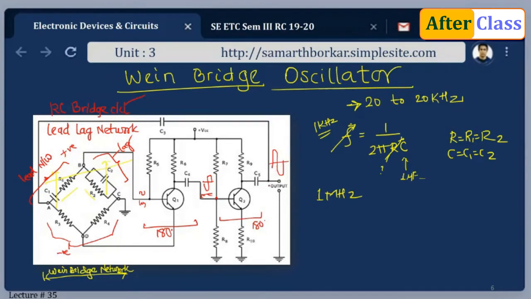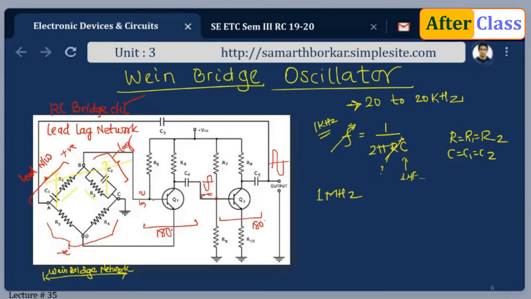So if this output frequency starts to increase, then it will be pulled back by this circuit arrangement. And if the frequency happens to be less than desired, then this part of the circuit is going to provide the push to the frequency. So the phase shift across the network lags with increasing frequency and leads with decreasing frequency. So by adding this Wien bridge feedback network, the oscillator becomes sensitive to a signal of only one particular frequency. Because of this circuit arrangement, I am able to keep a check on the frequency.